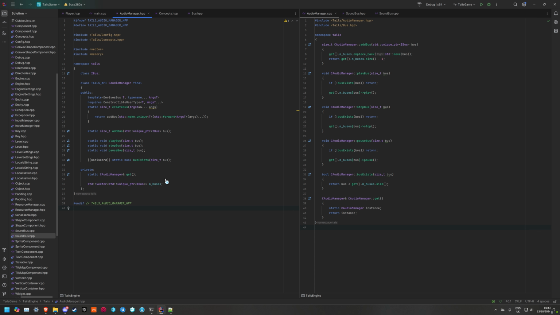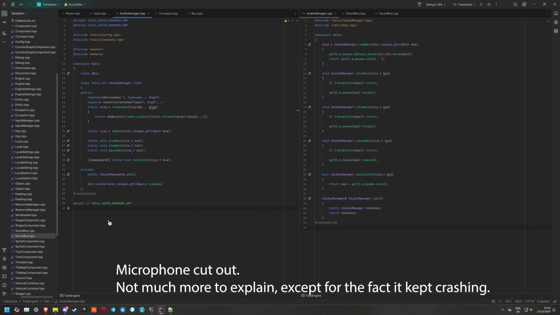So the kind of flow is you create a bus or you add it, whatever. That then gets put into this vector, and now you have the index of that bus. They can say, bus 0 is the sound effects, bus 1 is the